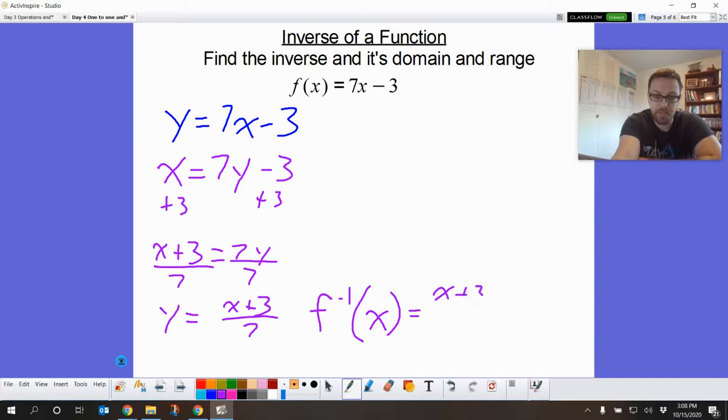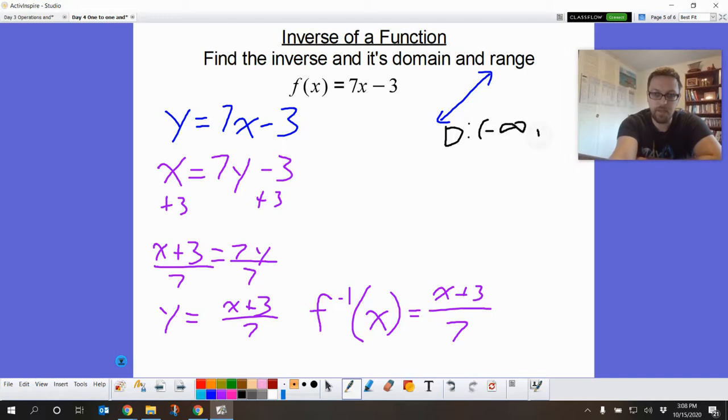X plus 3 over 7. Now we're going to talk about its domain and range, which is going to be a little goofy for this one. This is a linear function. So if I looked at the original graph, it'd be something like that. You know, it's a linear, it's going up, all that jazz. If we checked its domain and range,